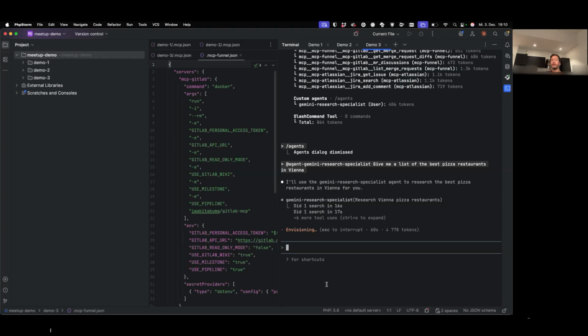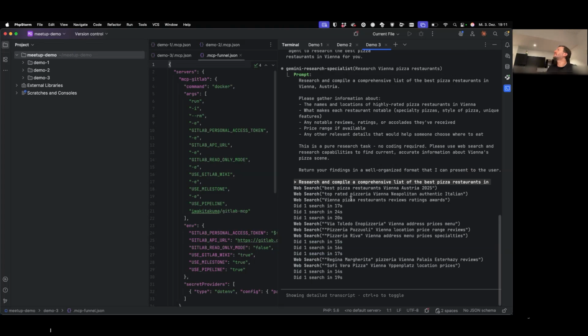It's just one request. The interesting thing here might not be whether it's using Google or not. The interesting part in this case is that you're providing a more or less generic question like, provide me with the best pizza restaurants. And it's prompting for you. So it's refining the prompt. I have not written this, the research specialist did. The agent improved my one sentence prompt to something like that.